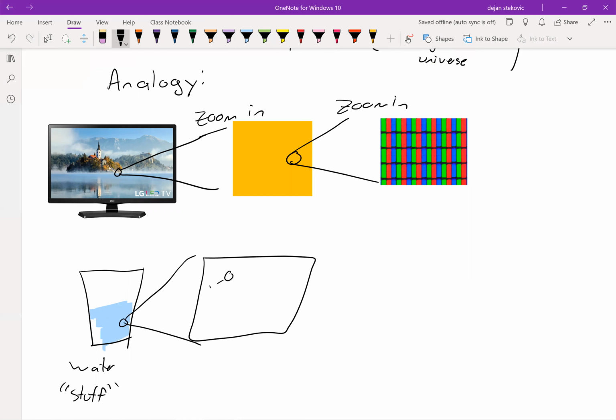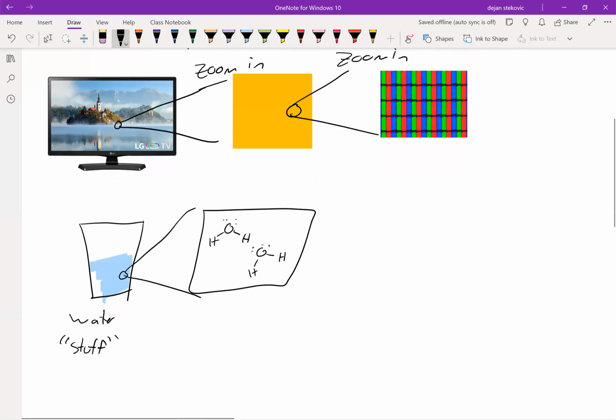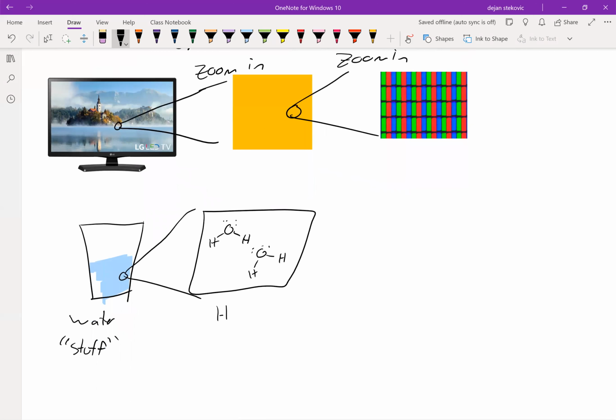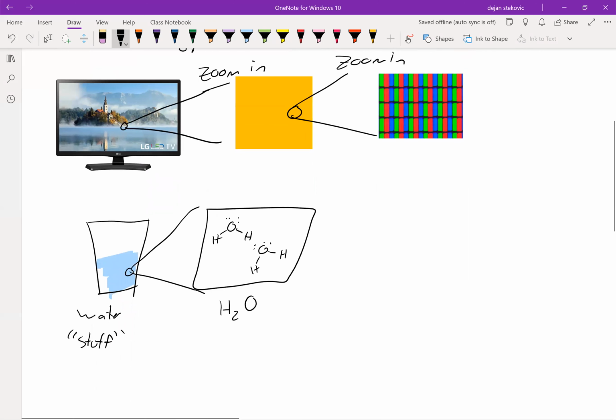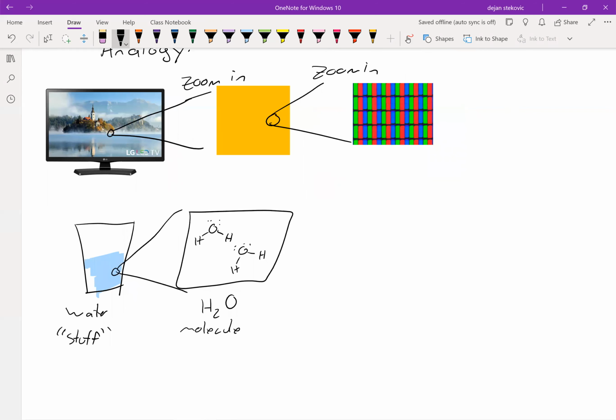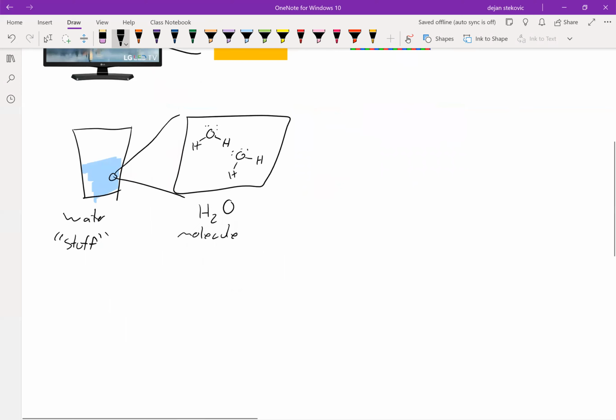Well, when we zoom in on water, what we'll see is a whole bunch of water molecules. As most of you probably know, water is H2O, right? 2 hydrogens and an oxygen, right? So this is called a molecule. And a molecule is atoms held together by chemical bonds.